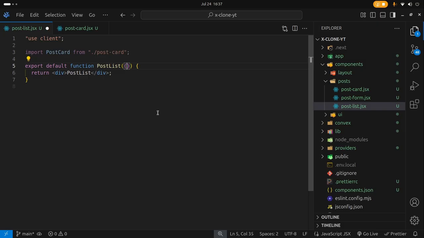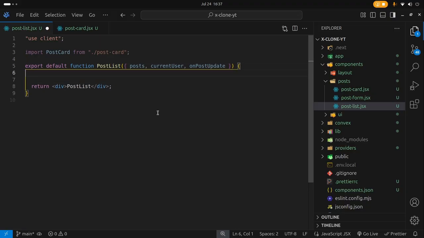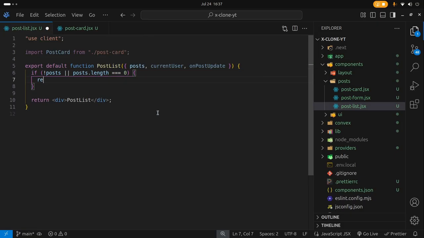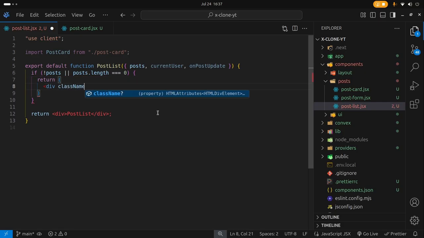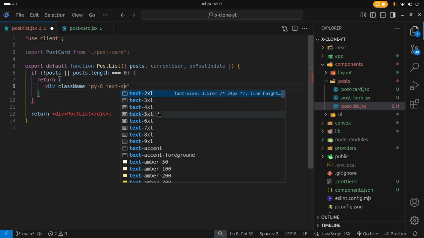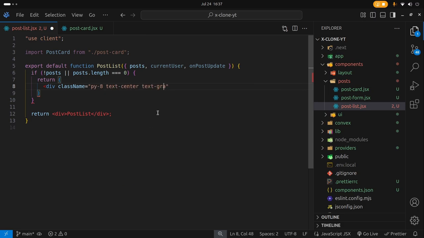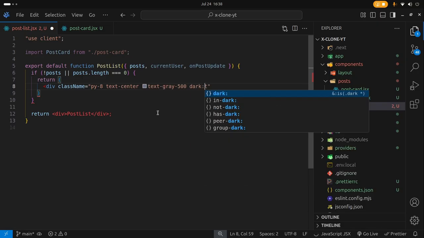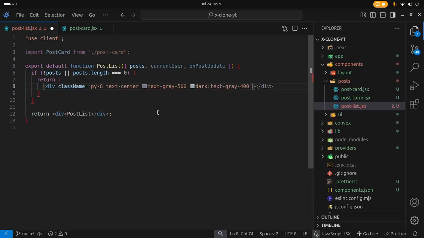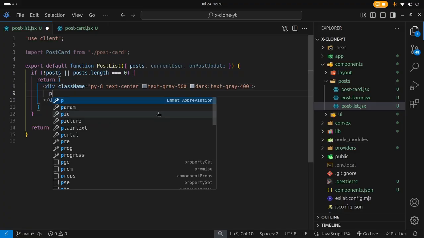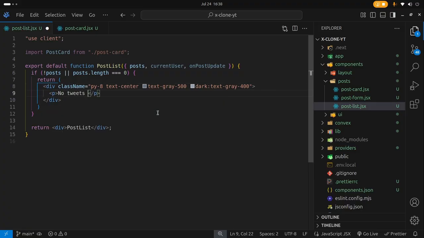Now the post list takes in a couple of props: the posts, the current user, and the on post update. And then we're going to check if there are no posts, or the posts.length is equal to 0. So if that is true, then we're going to return this div here. We're going to return a div with a class name of py-8, and then text-center, and then text-gray-500, and then on dark mode text-gray-400. Close that out, and then inside this div we're going to have a paragraph that says